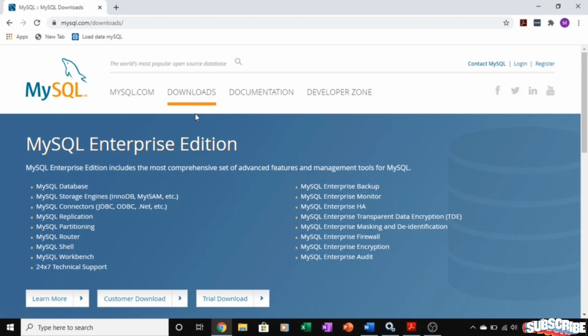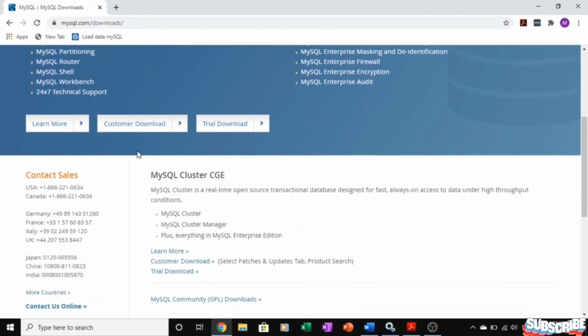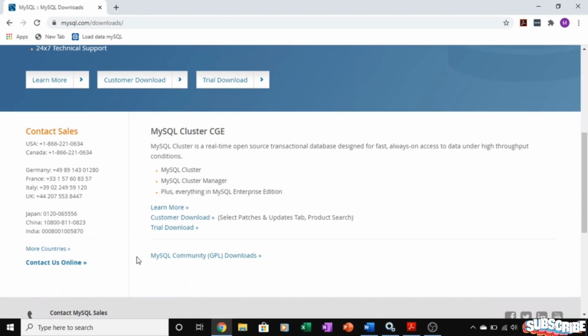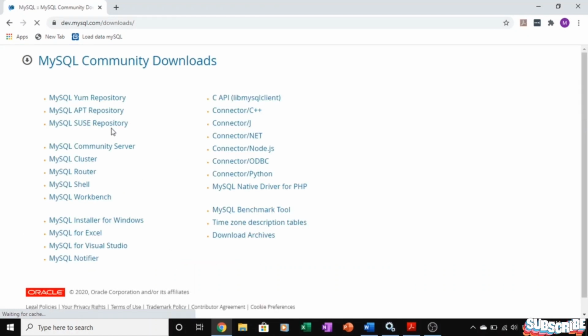Now, MySQL is a business, it's a commercial enterprise, and they sell a commercial version of their software. But that's not what we need, and it's not what we're going to be downloading today. We're going to scroll down past that, all the way to the bottom, where hidden away is MySQL Community Downloads. We're going to click on Community Downloads, and that brings us to the Community Downloads section. Now, what we're going to download here is called the MySQL Installer for Windows. So if you click on that,